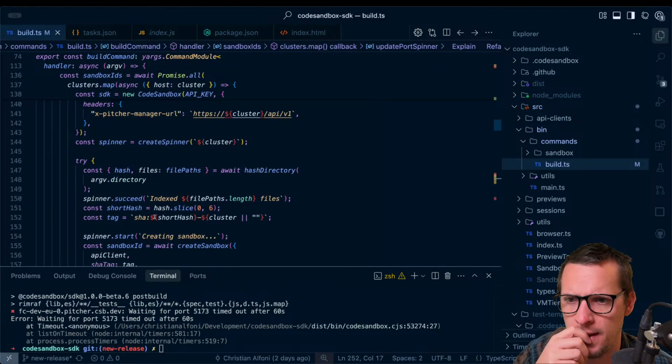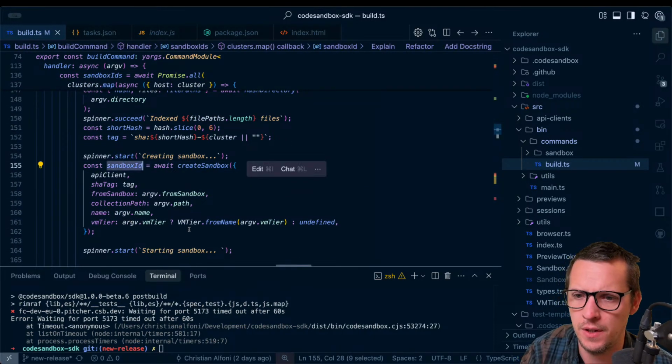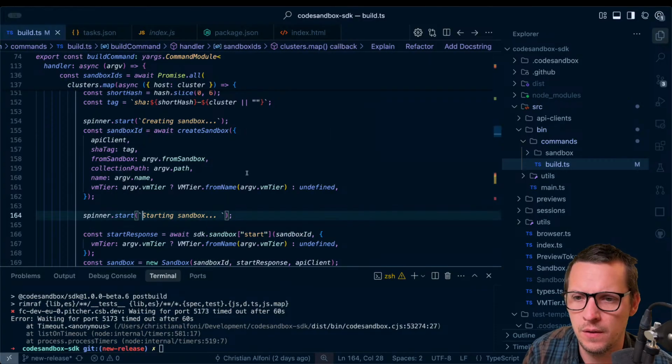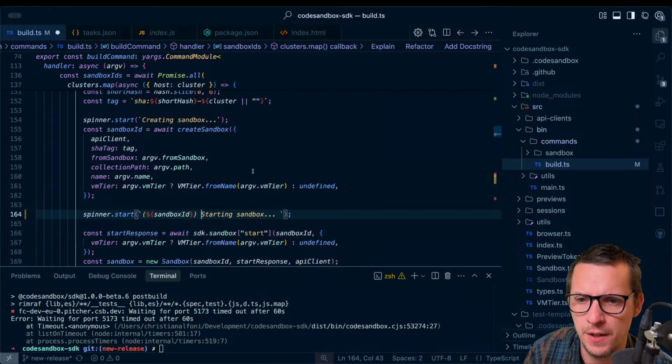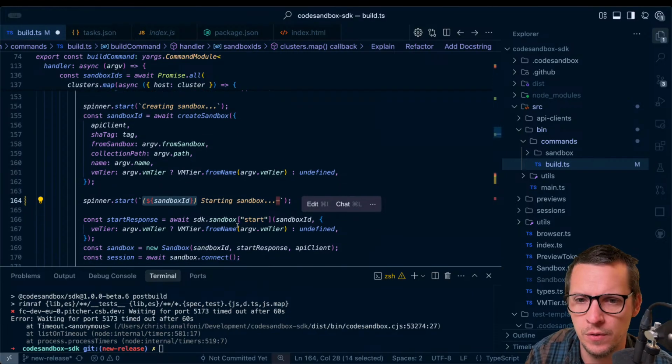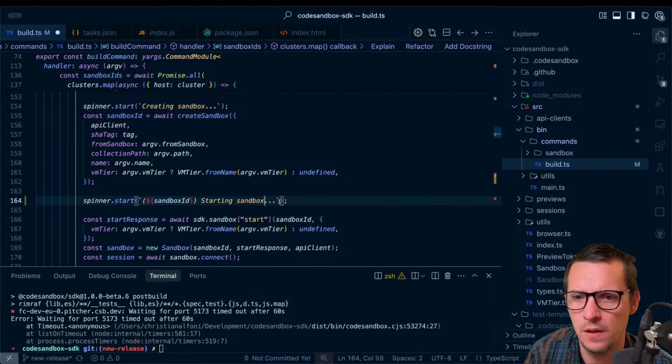Let's see, SDK sandbox ID. I think what we're gonna do is basically have the sandbox ID something like this, so that you always have a reference to the sandbox ID when